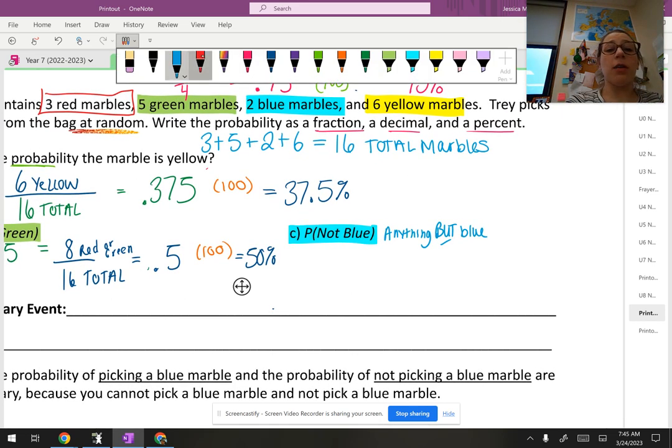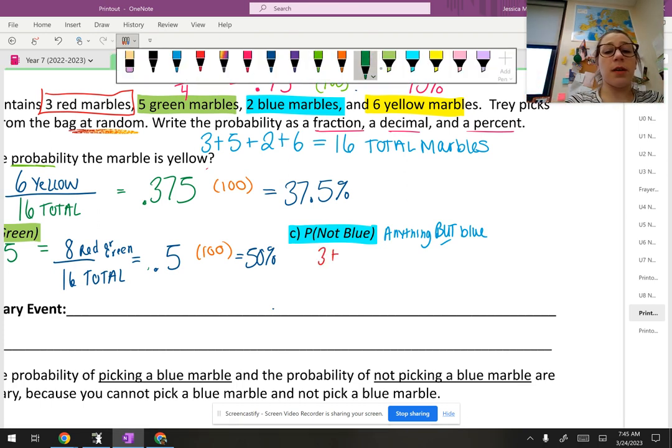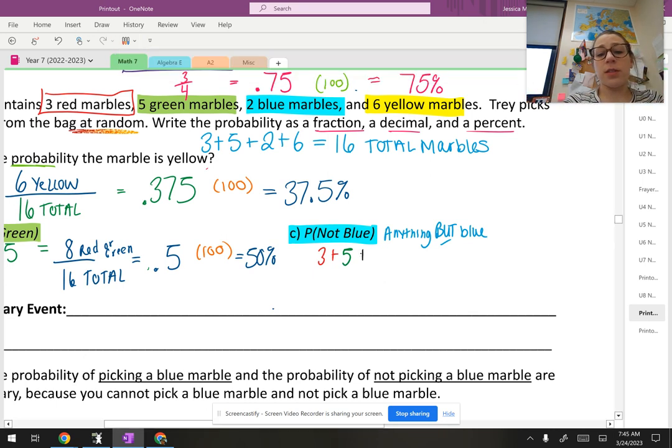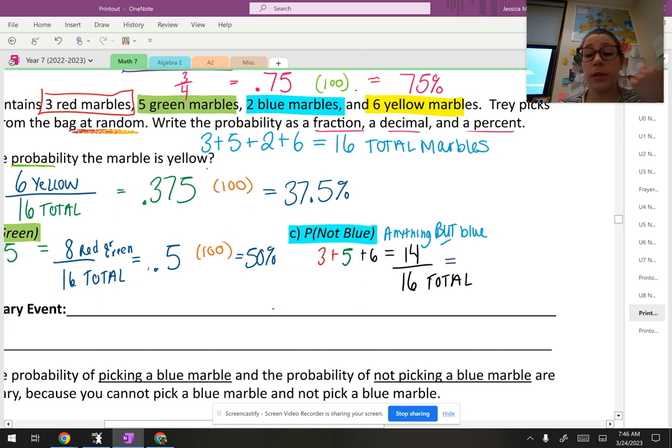You can either add all of the not blue ones together, which would be 3 red plus 5 green plus 6 yellow to get 14 out of 16 total. Or you could have worked backwards and saw that 2 of them are blue. So if you take 2 away from the 16 total, that leaves you with 14. 14 divided by 16 ends up being